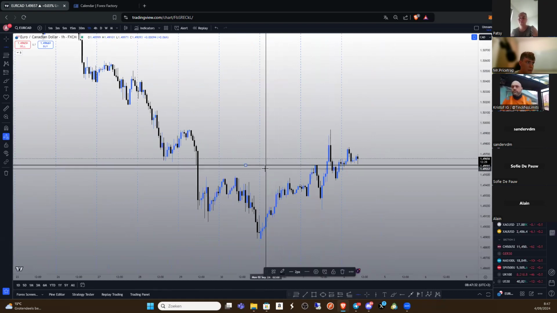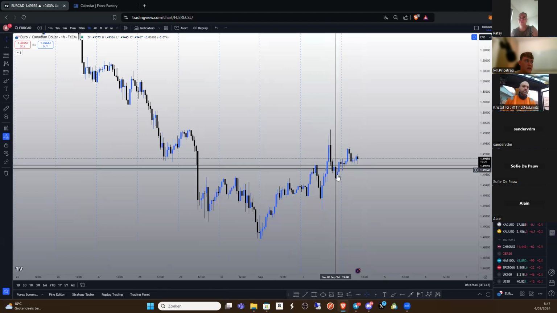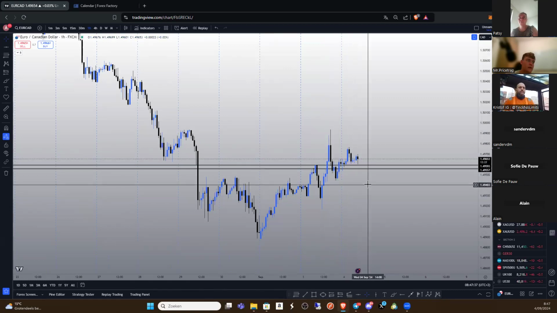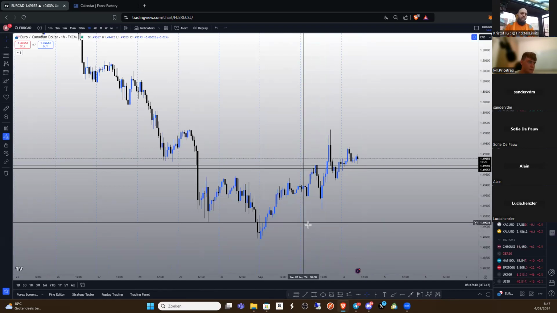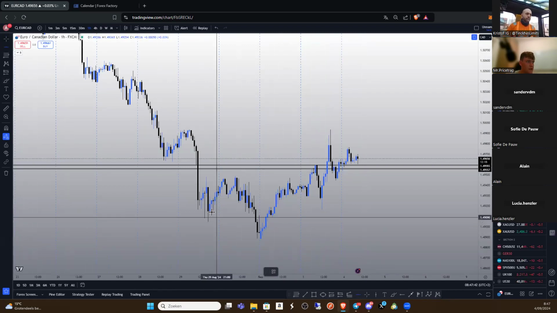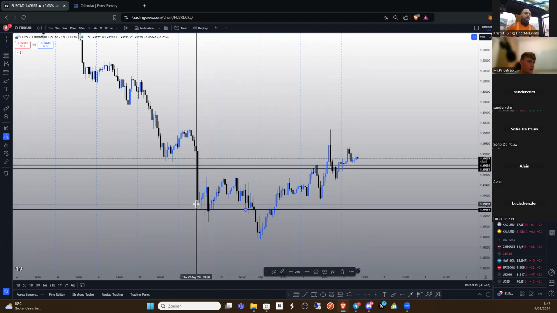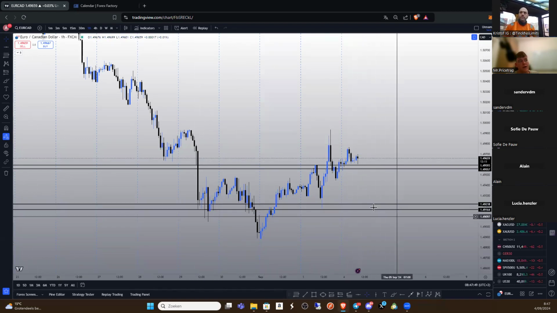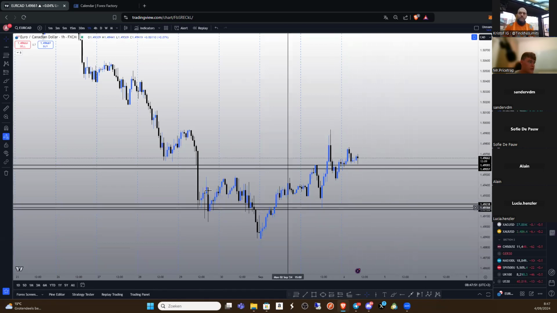We have Euro Canadian here. We see that we have that breakout and retest. This retest could still go a little lower here. All right, so that's what I would be looking for. First of all, let's make sure we also have our support level ready. I don't want to see this low getting broken again. Otherwise, there is a very high potential that the market will break our retest to the downside. That's why I'm using that low. So that's for Euro